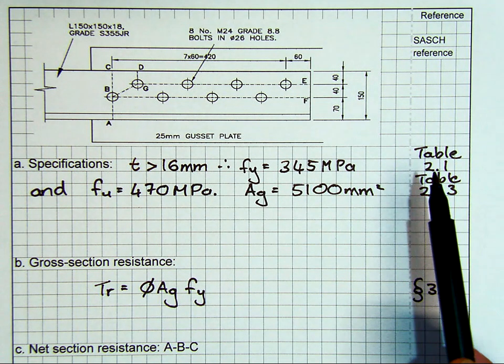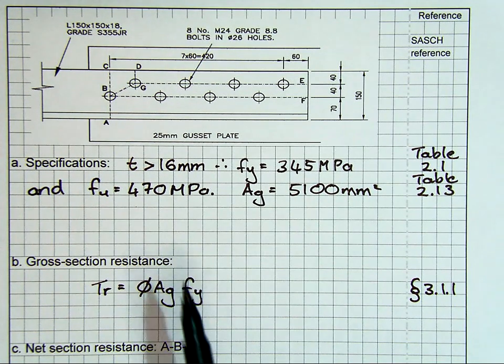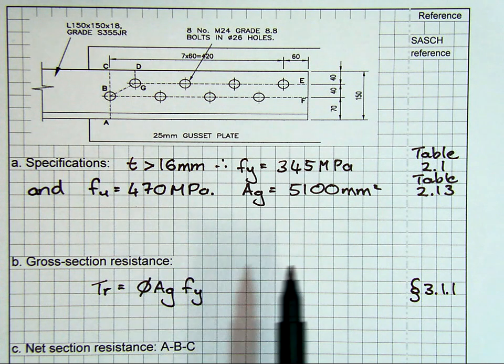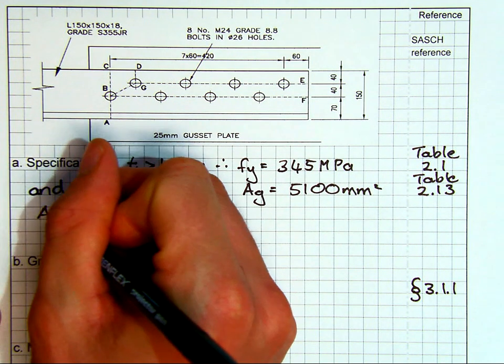That's obtained from table 2.1 of the Red Book, and with that goes our normal ultimate stress of 470 MPa. Along with that, we also need the gross area, which is 5,100 millimeters squared. That's table 213. And beyond that, also, we just need the specification in terms of the bolts. Now, we're told the M24, but we actually need to know what is the size of the hole we remove from our design. So first we want to say assume drilled holes,